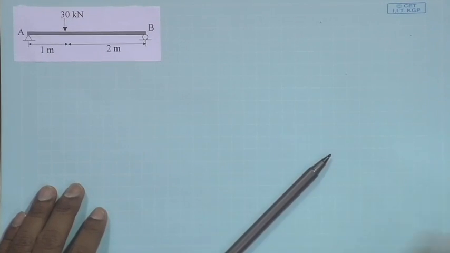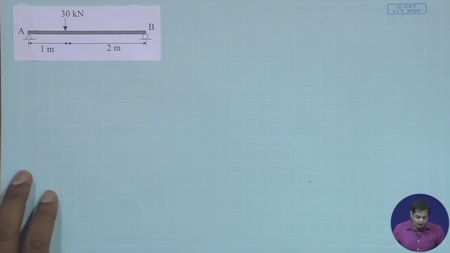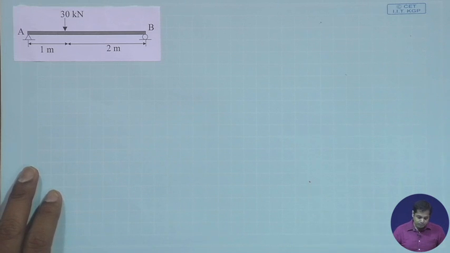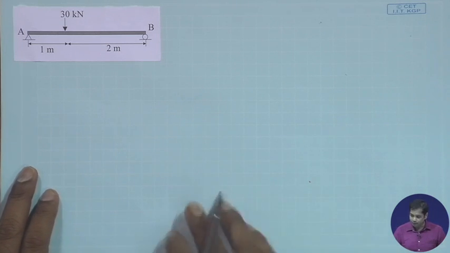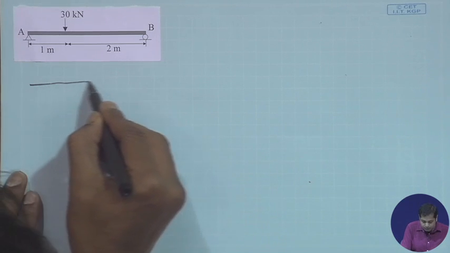Now, this was probably the simplest example of bending moment and shear force, the first one, and if you take any book, probably the first example gives you a simply supported beam subjected to uniformly distributed load. Let us take one more example here. It is again a simply supported beam, but it is subjected to a concentrated load. Now, again draw the bending moment diagram,